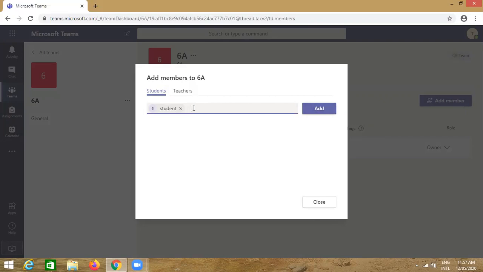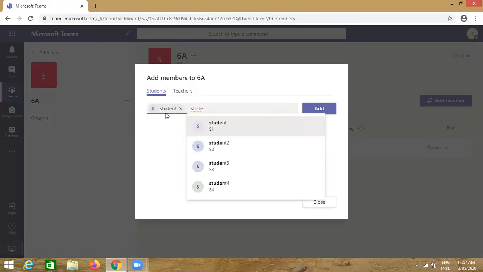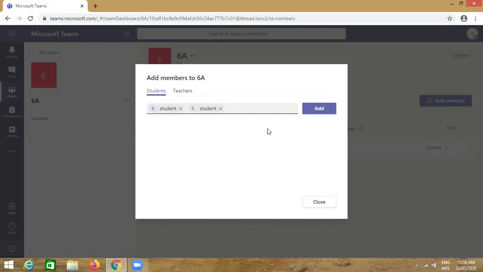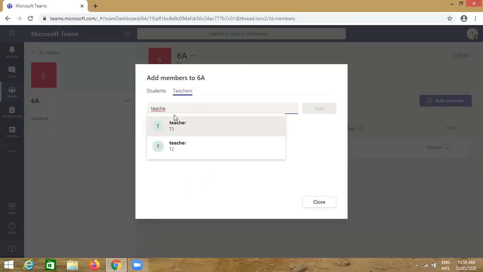For the second student, again select from here student S2. So we will add only these two students. Add here. So these two students are added. Now add teachers. Click here. Just search by name.